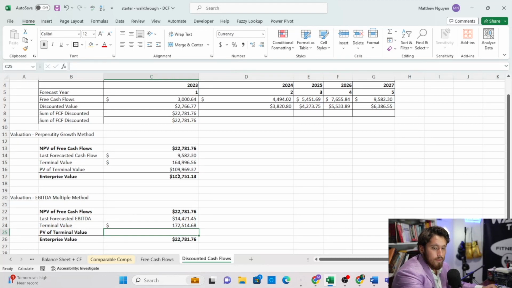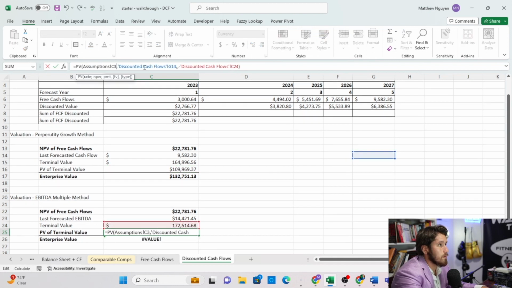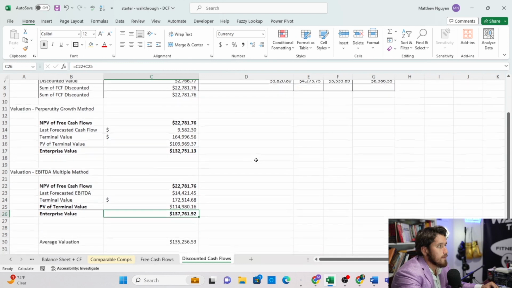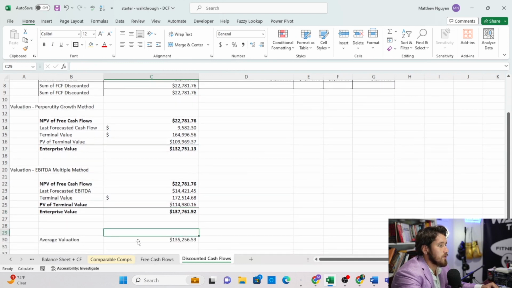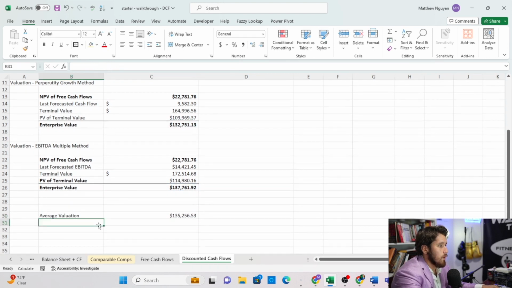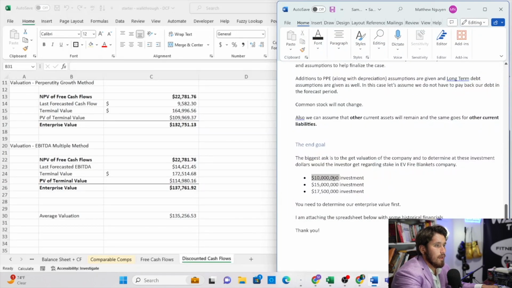In order to do that, we need to get the same formula here. So let's see if this works. Do this again. And that's it. So we get our average. Let's take a valuation of both. We'll do an average of these two. They're pretty close, right? So I think the case states that the investment would be at this level, but